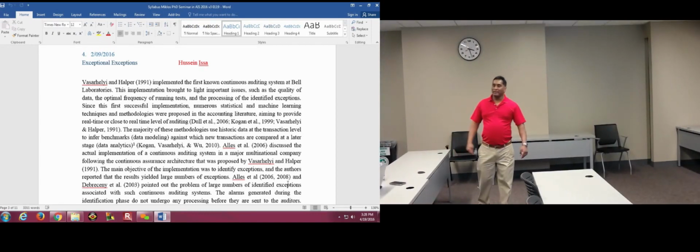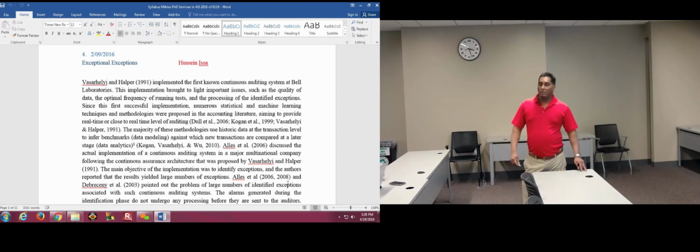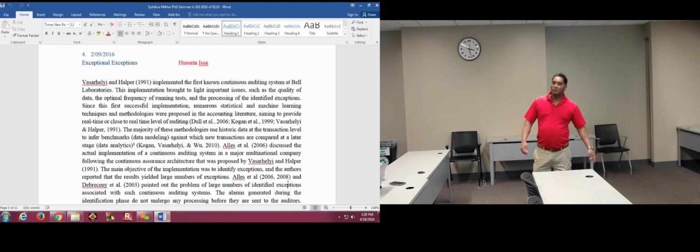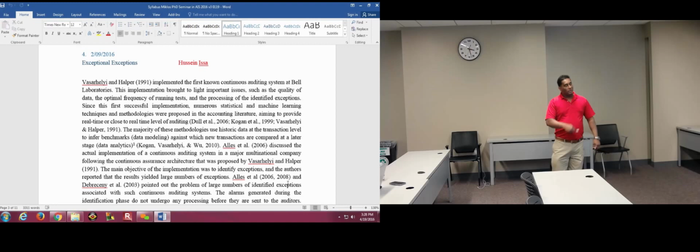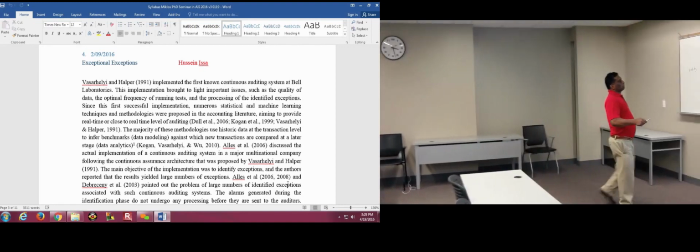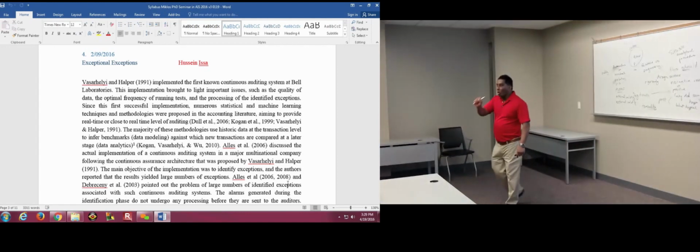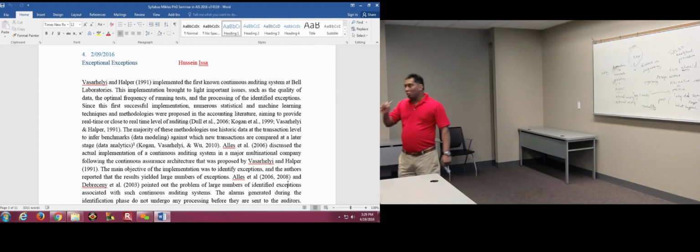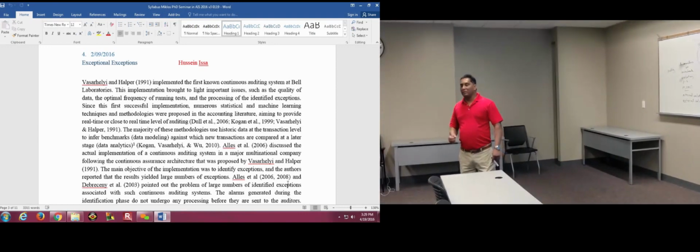Define what an outlier is. After analysis of exceptional exceptions, they adjusted their exception. Is it still subjective? It is, yes. And that's the point. The whole thing is subjective. Even this notion that we should look at outliers. I was talking to somebody about this only today. The standard doesn't say you should only look at outliers. It says you should look at outliers because they might be of interest.